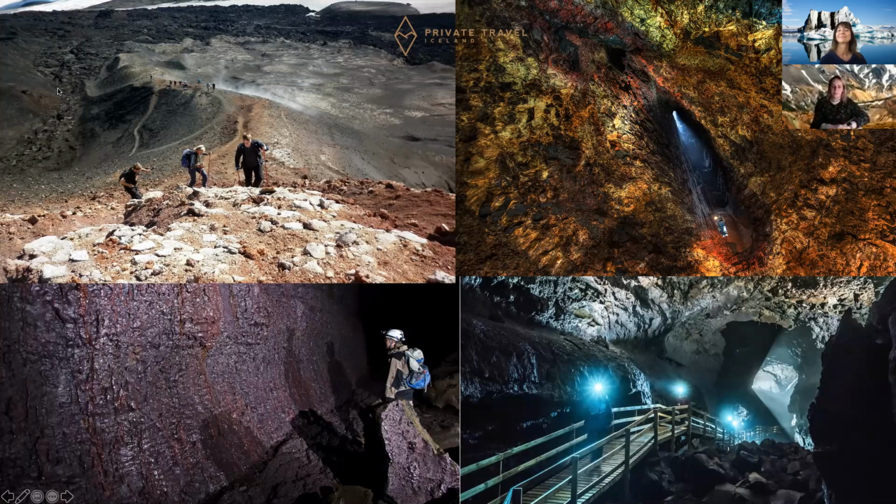So I think it's been operating about 8 years now, just through the summer months. They're making the window a little bit bigger each year. It used to be May through to September. Now we're looking at April through to October. You hike in a group from a place about 40 minutes outside of Reykjavik. You hike to a base camp, and then the group gets split into about 3-4 smaller groups,